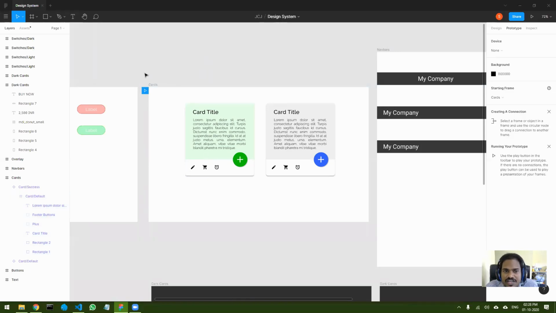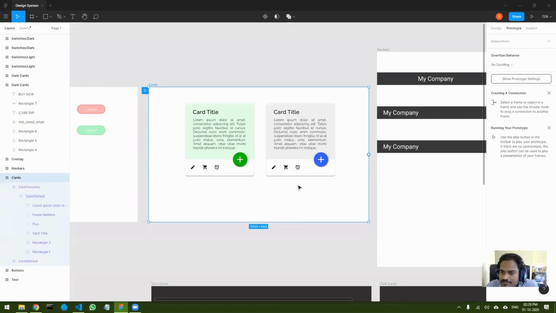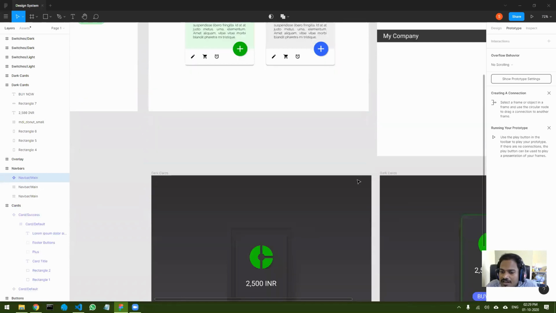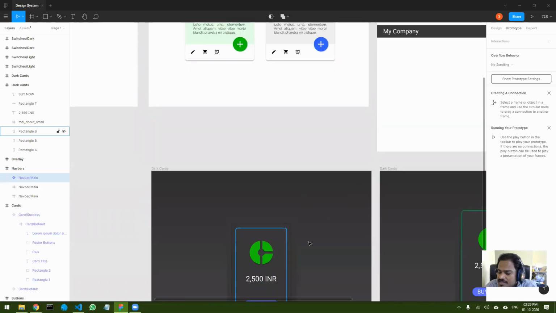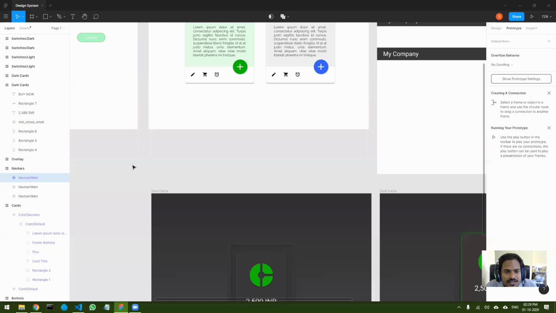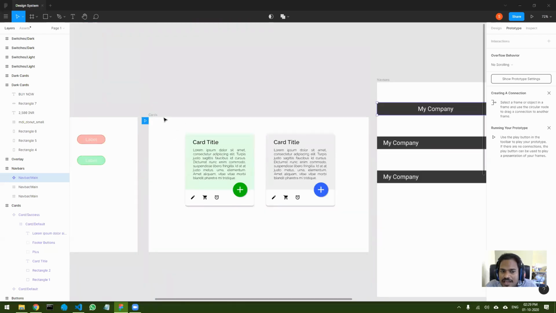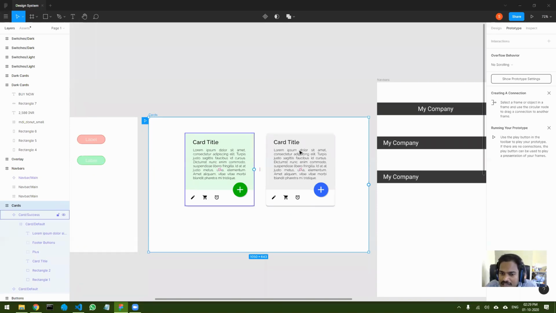I will share this file with you, and you can design. In fact, this entire file I will share, so you can try this nav bar, you can try this animation also, anything. At least I want everybody to try this particular card, the white one, and show me. Paste the link in Slack.